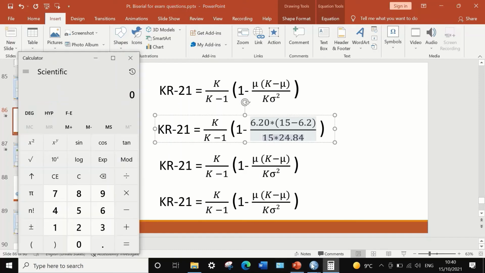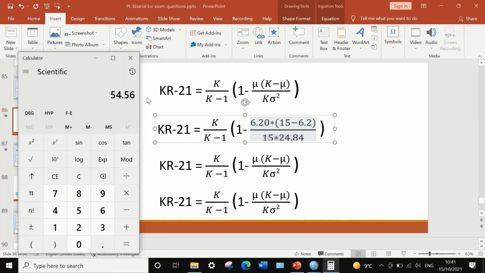So using the calculator, I'm going to calculate first the upper part, 6.2. I will start by calculating 15 minus 6.2, 15 minus 6.2 equals 8.8. Multiply that by 6.2